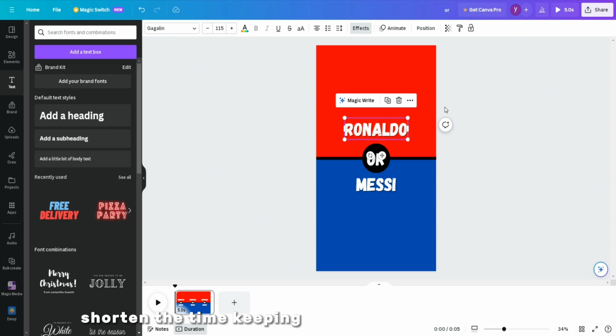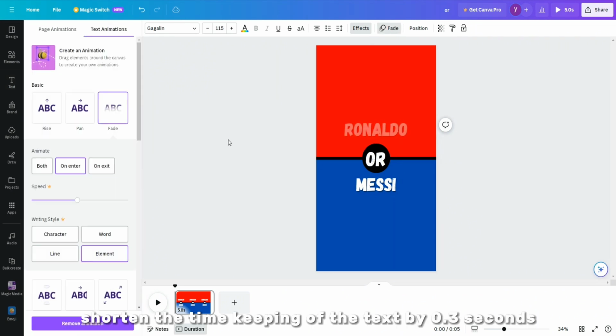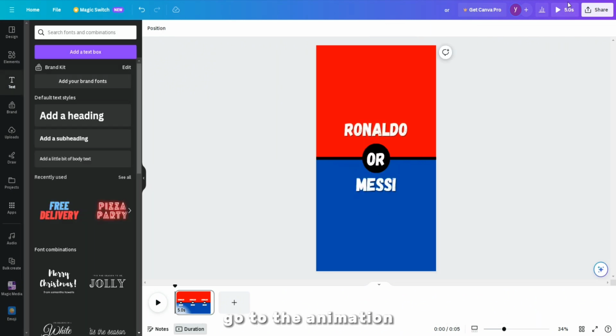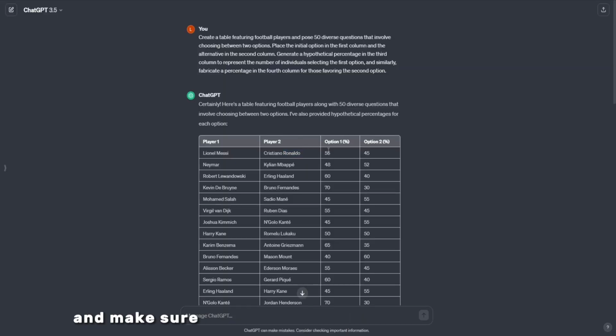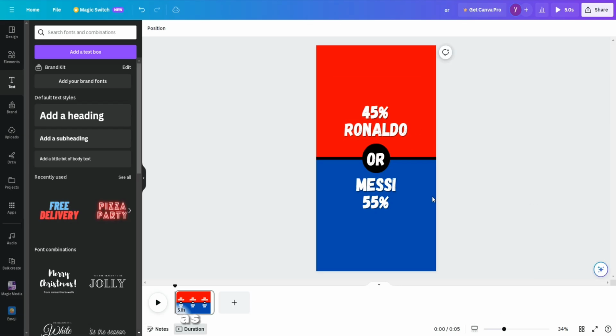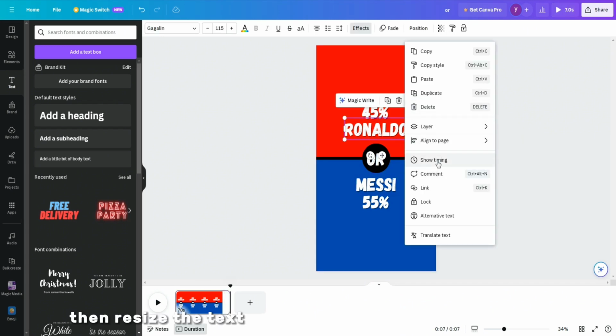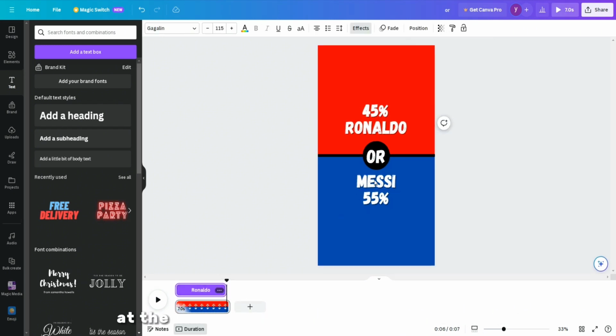Shorten the timekeeping of the text by 0.3 seconds. Go to the animation, select the pop-up effect, and make sure that it is applied to both text elements as they appear and disappear. Then resize the text so that percentages are displayed at the end of the video in